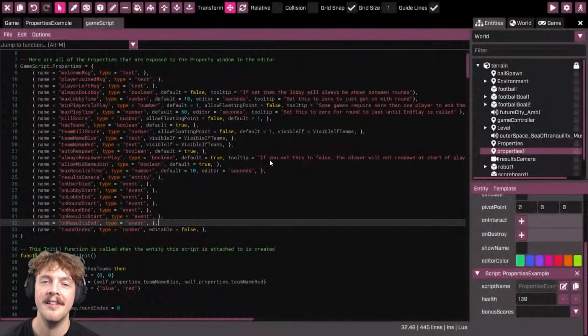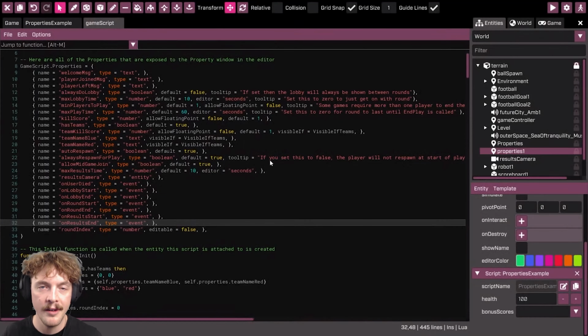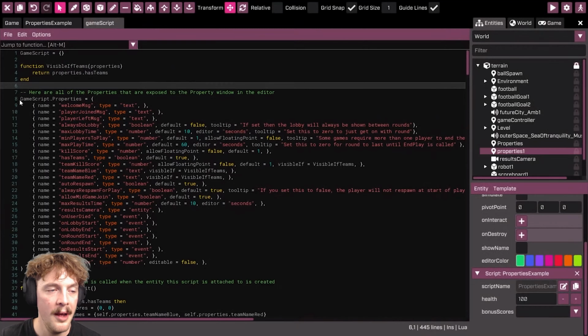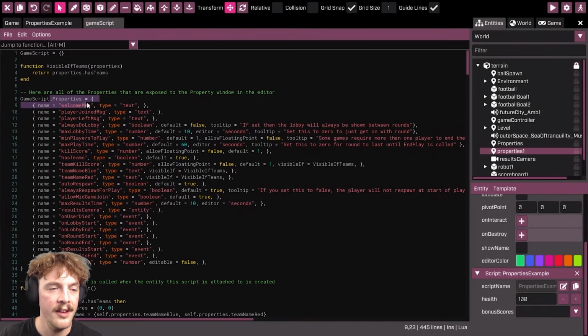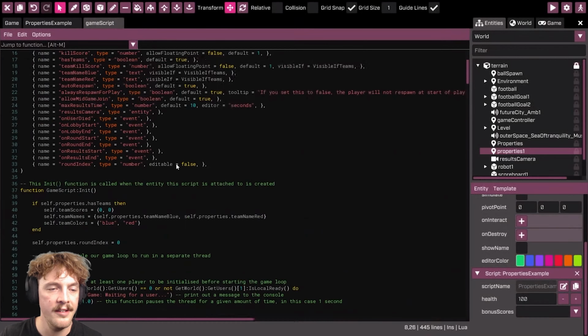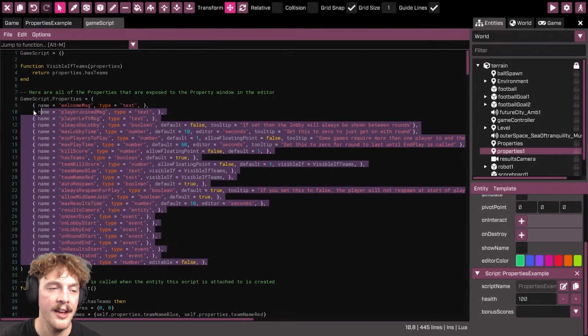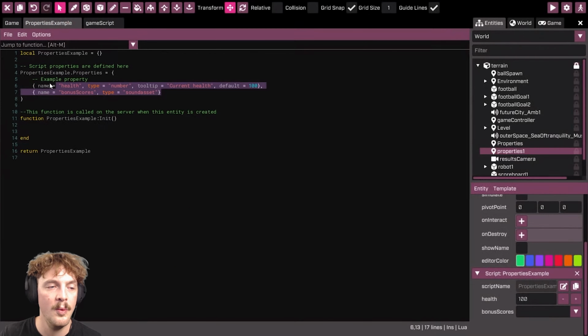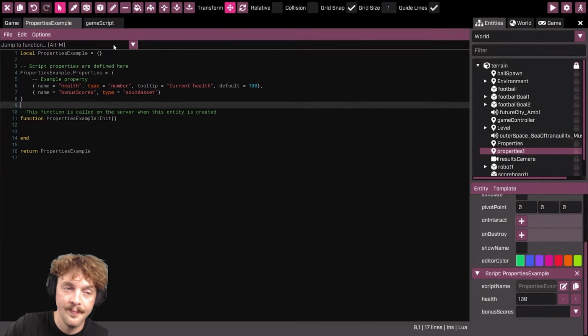A property is essentially a variable that's associated with a specific script creator. You'll see that at the start of any of your scripts, there's a section where it says the name of your script dot properties equals, and then parentheses and then a list of data. In fact, when you first start a script, you probably will only see one and it will be commented out.